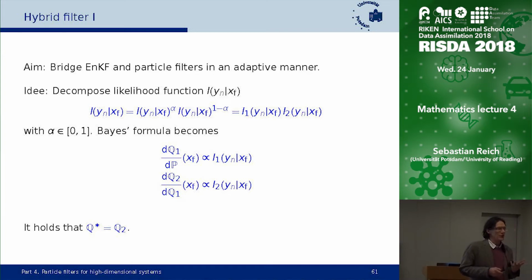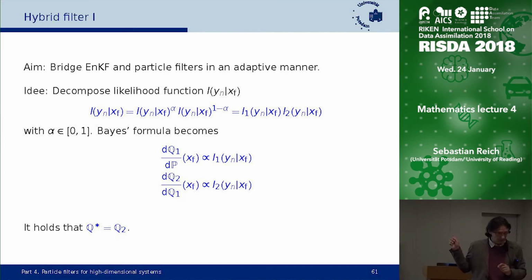An active area of research now is, can we go beyond somehow the ensemble Kalman filter? And I sort of already indicated that there are certain options. One that's been followed, for example, by the group in Zurich, Künsch, and they also implemented that into an operational system, the Swiss operational system, is a hybrid approach that allows you to adaptively bridge between an ENKF and a particle filter. And there are various ways to think about it, but